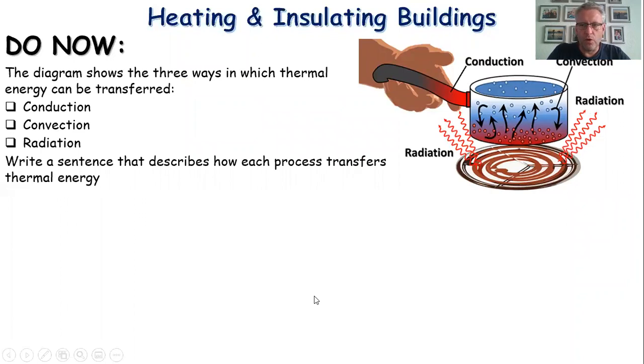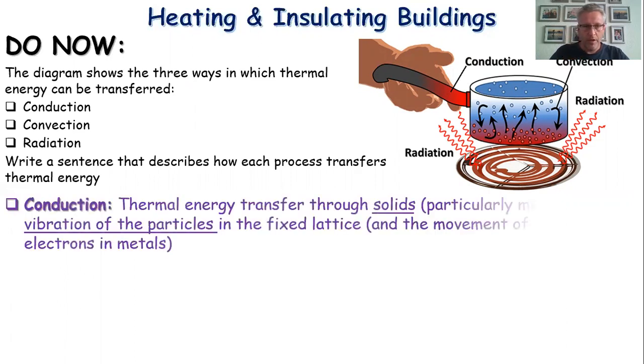So let's have a talk about how we might describe each of these processes. The first one, conduction. Conduction is the thermal energy transfer through solids, particularly metals, by the vibration of the particles in the fixed lattice and the movement of delocalized electrons in metals. So let's break that down and think about the important parts of that